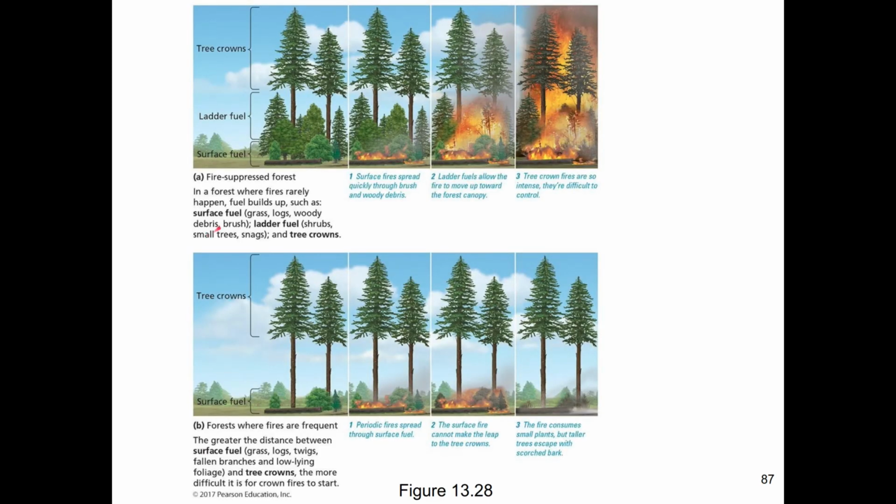Unfortunately, across the American West, we've done fire suppression. We have been afraid of fire. We didn't understand fire. And so in a forest, we could look at the tree, the crown of the tree, the top part of the tree. There's surface fuel, which is going to be dead stuff, shrubs on the ground. And then in between the surface fuel and the upper branches, it's called ladder fuel.